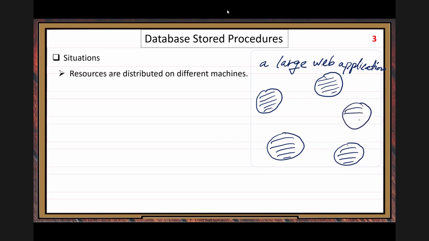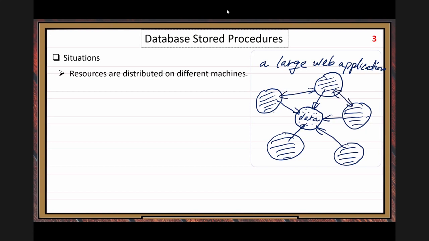In each location, you have many servers running part of the web application. And you may have some data center. Here, let's suppose this is the data center. They all need to connect to the data center, and between each other they also need to connect.